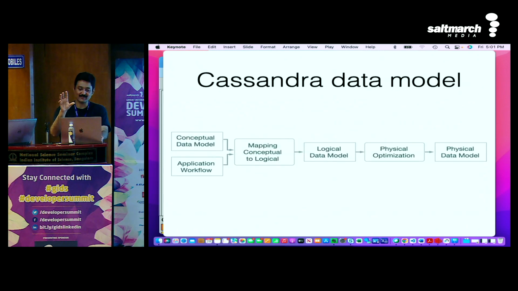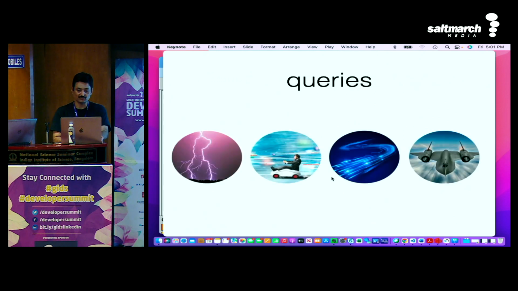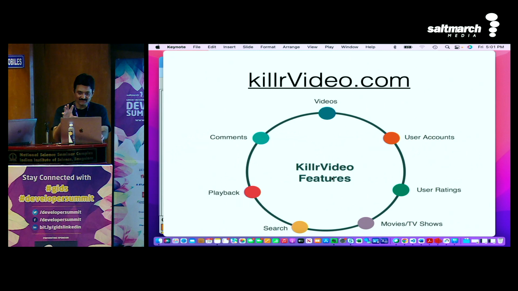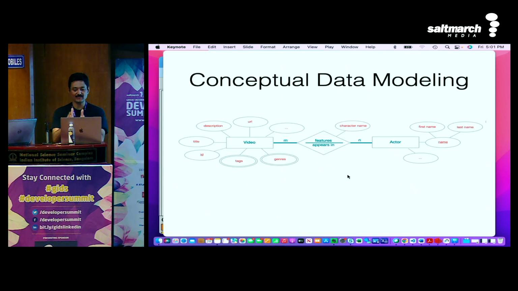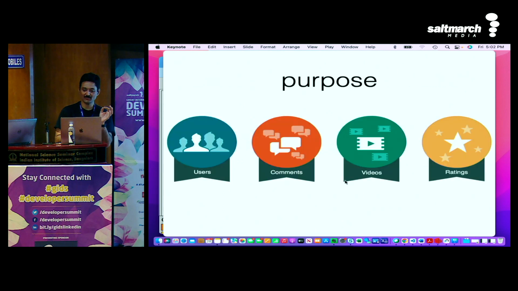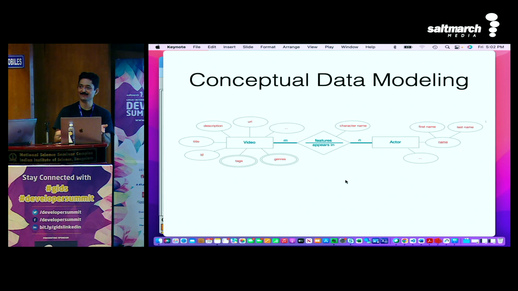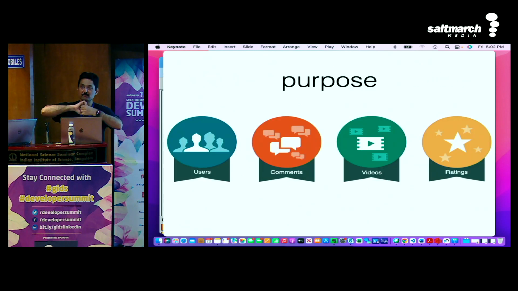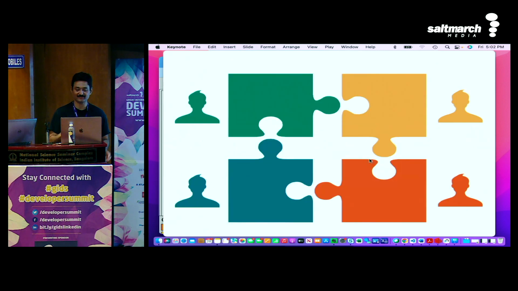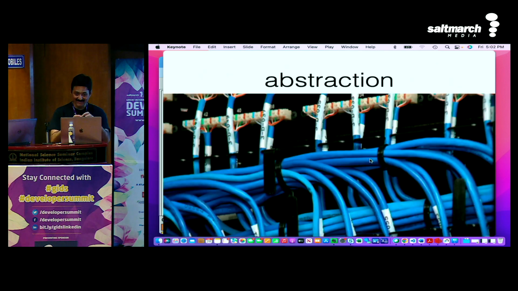Now one thing I want to cover here is the conceptual data model, which we can use to make the queries very, very fast. If you think about YouTube channel or any Instagram, what they are doing is they are having comments, they are having search, they want to do the account, movies are there, videos are there. Now what it means is a video features many actors. An actor appears in many videos. But you're going to say, Rohit, this is like third normal form. Yes, this is awesome. You create the purposeful design where all these purposes are joined together.